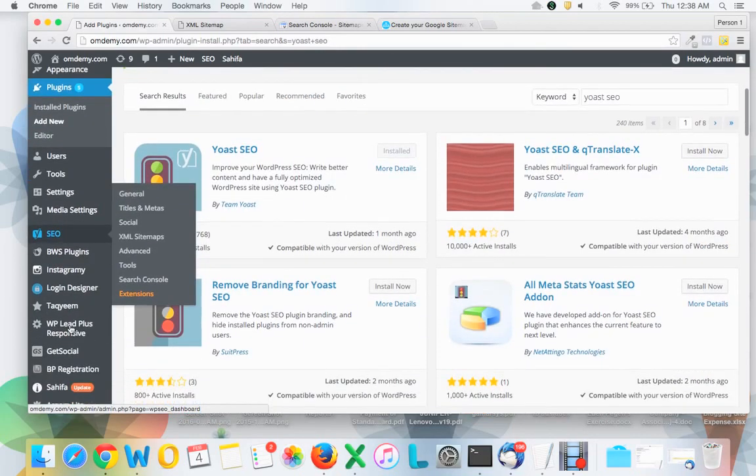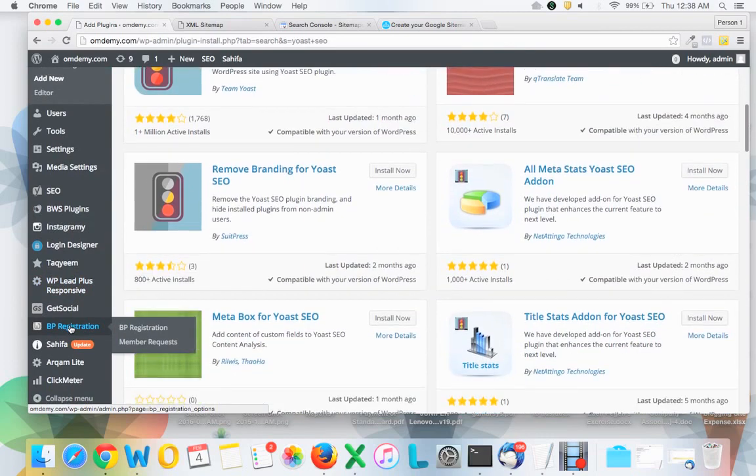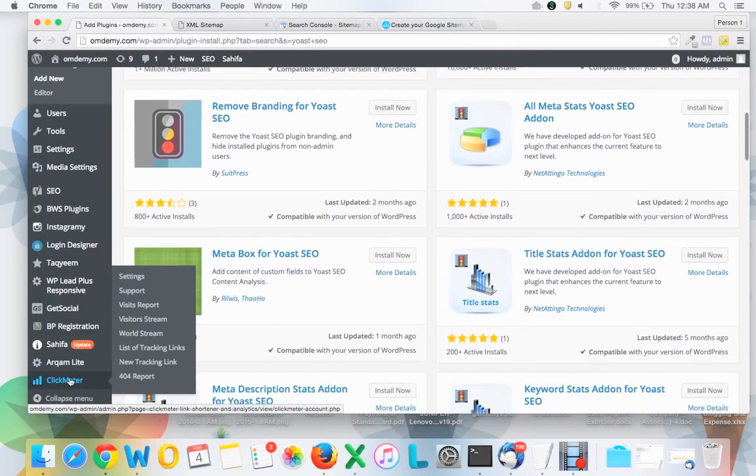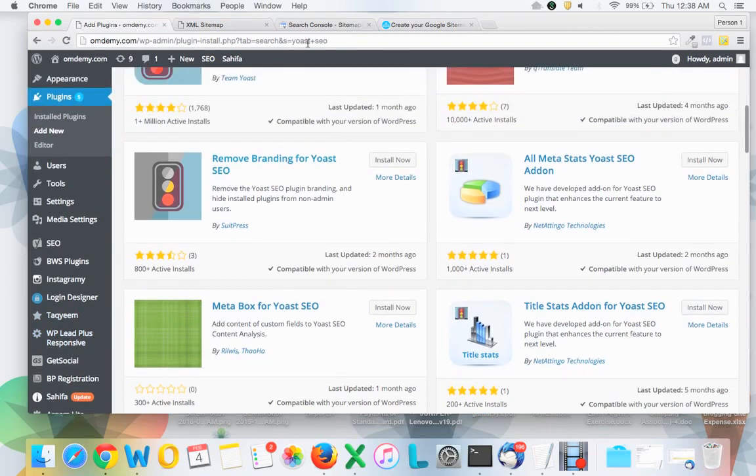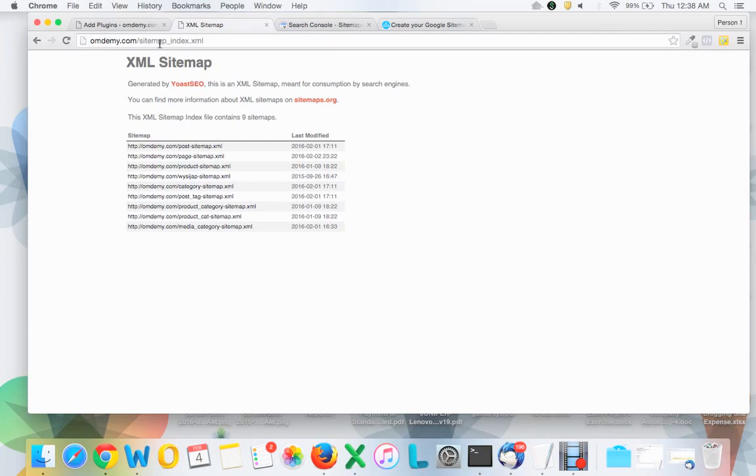Once Yoast SEO is installed, it automatically creates the sitemap of your site. So the sitemap file name would be like sitemap_index.html. I'm sorry, XML.